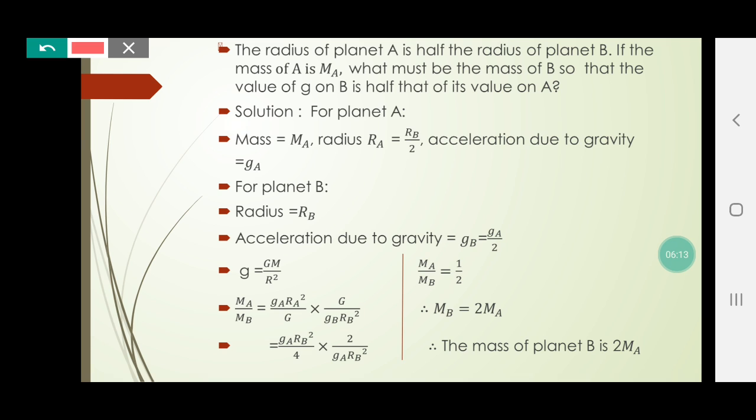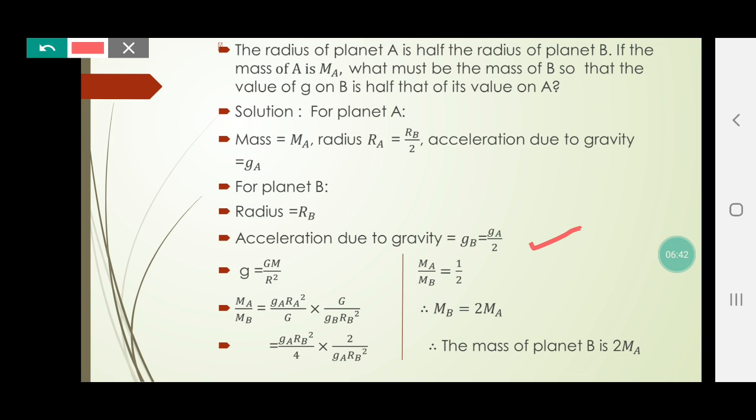This is from GA, this equation, okay? So GA 1 upon GA into RB square by 2. So by 2, that 2 goes to the numerator. So the equation is 2 into GA into RB square. Now GA RB square is in the numerator of the first fraction and in the denominator of the second fraction. Right. So it gets cancelled.